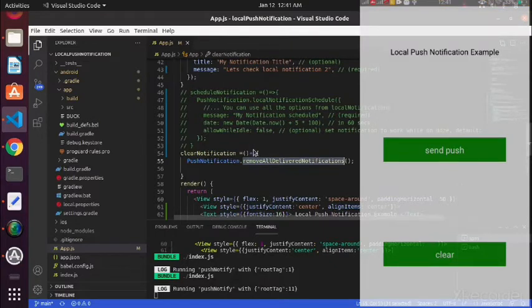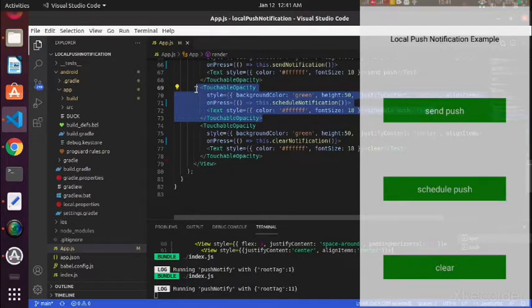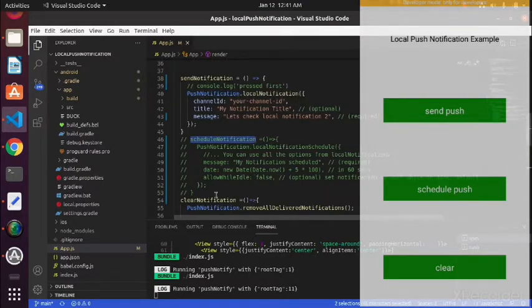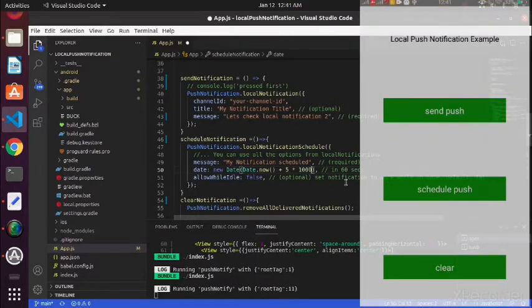So again, I will create another button here that I have already created, schedule push. Now I'll call a function called schedule push or schedule notification here. Uncomment this one. So for scheduling, this is a 60-second. No, this is not a 60-second. If I add this one, now it's a 60-second. So I'm removing this. I'm not going to wait too long for a minute. Once I click on this, after some time I should receive a notification.